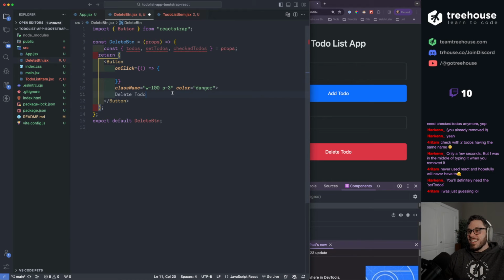Okay. Let's see. So on click, I have access now to my to-dos and my checked to-dos. I hate that we called it checked to-dos because now that's kind of confusing, but I just got to remember that's just the queue for deleted to-dos. Well, I know we're going to want to set the to-dos, but what do we want to set them with? I think what we're going to want to do is the check to-dos. We want to see if they match anything in the to-dos, and if so, we want to delete it out of the to-dos.